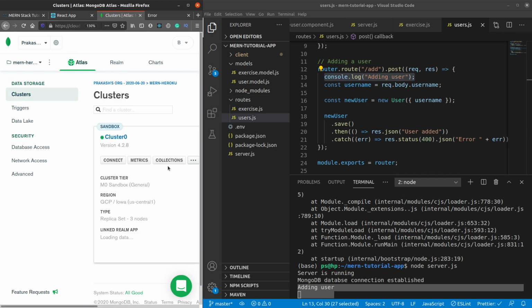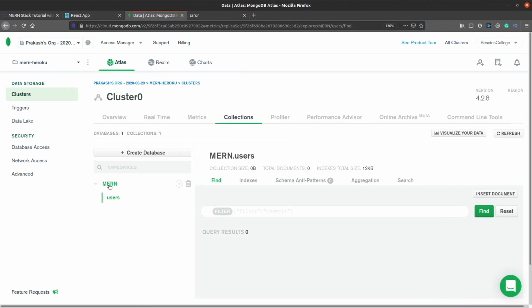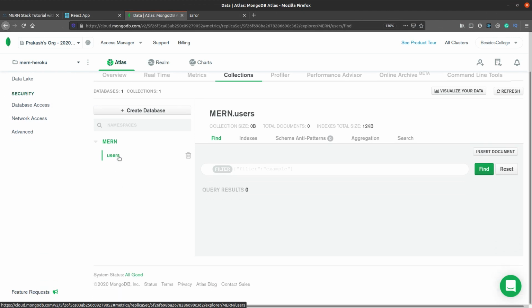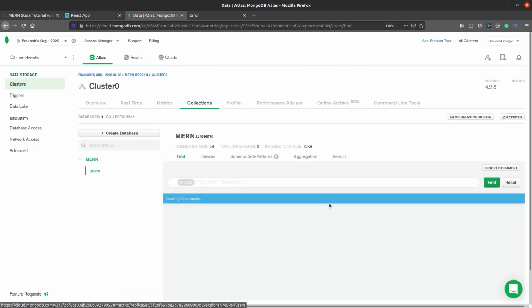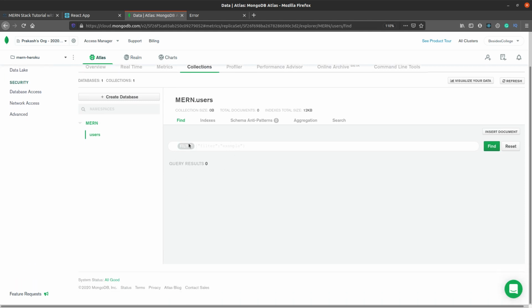Let's try to refresh and see if there are any collections. Okay, so we see the mongo database has already been created, and there is a users collection in here. Let's see if it contains any data. It should, because this is what just got created.